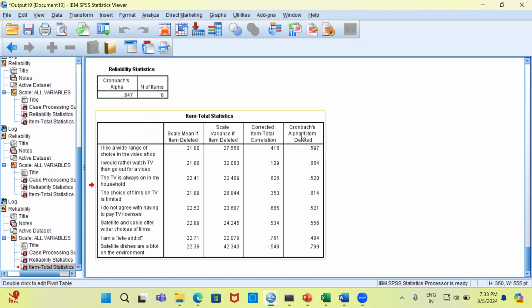Have a look at the last column, Cronbach's alpha, if a particular item is deleted. Out of all the numbers in the last column, the biggest impact on Cronbach's alpha will be made if I were to kick out the variable satellite dishes are a blot on the environment. This is a pretty strong statement. Satellite dishes are a blot on the environment. You can have a look at what will happen to the Cronbach's alpha value. If you were to kick out the last variable, the Cronbach's alpha value will jump to